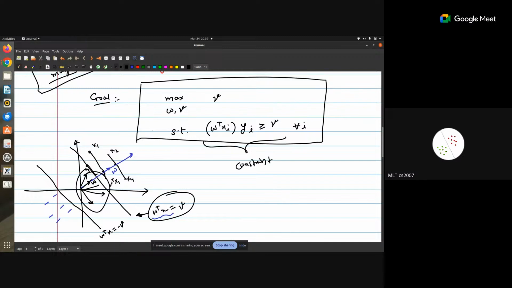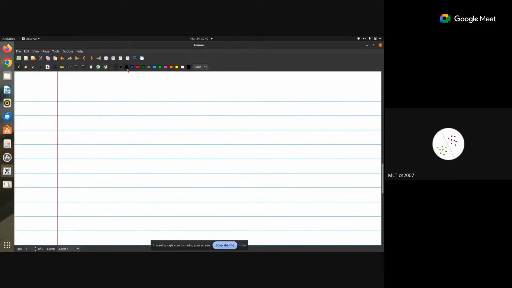So what is the next thing? Fixing the norm of the W as one. So the solution to this is to fix this norm of W as 1, and then I'll say that this is going to be the case. If I fix this length of W, I think that problem will be solved. But what is the next problem now? How to solve this, right? So the next thing will be what? A similar